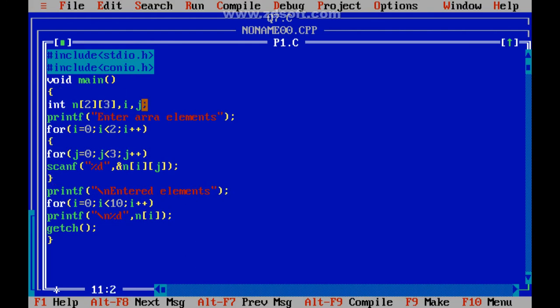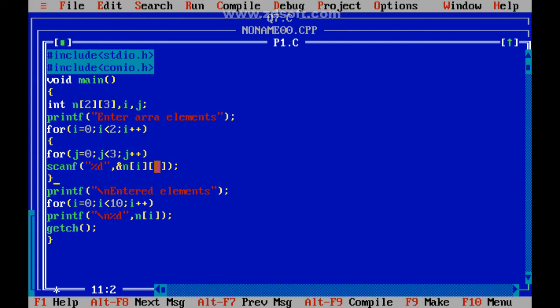For i equals 0, the meaning is, see here, for i equals 0 it goes in, j equals 0. So for n[0][0] it reads the value. Next the j value will be incremented, so n[0][1], the next number will be taken in. Next n[0][2].